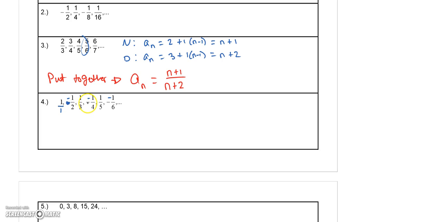Which is the same thing. So let's just scribble those out. You can rewrite this if you want to. 1/1, -1/2, 1/3, -1/4. Now I'm going to do basically the same thing I did with problem number 3. My numerators,